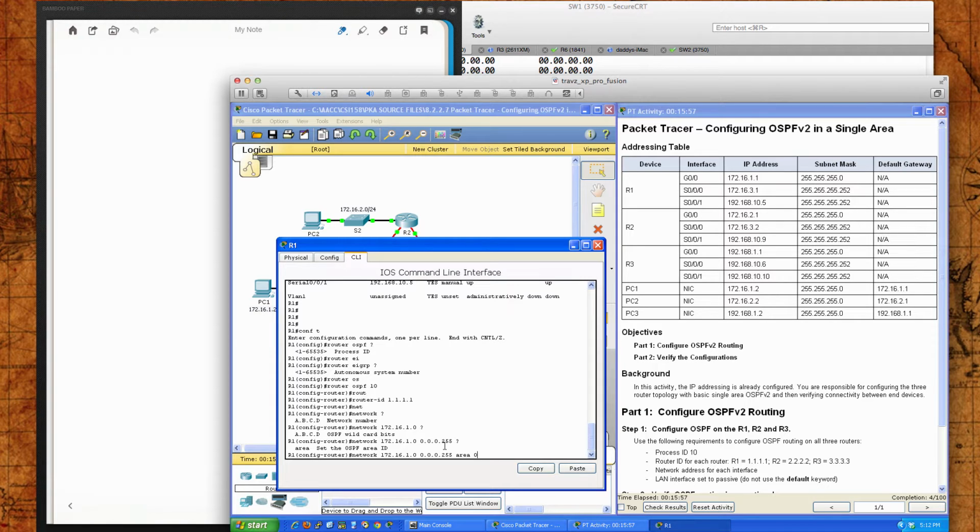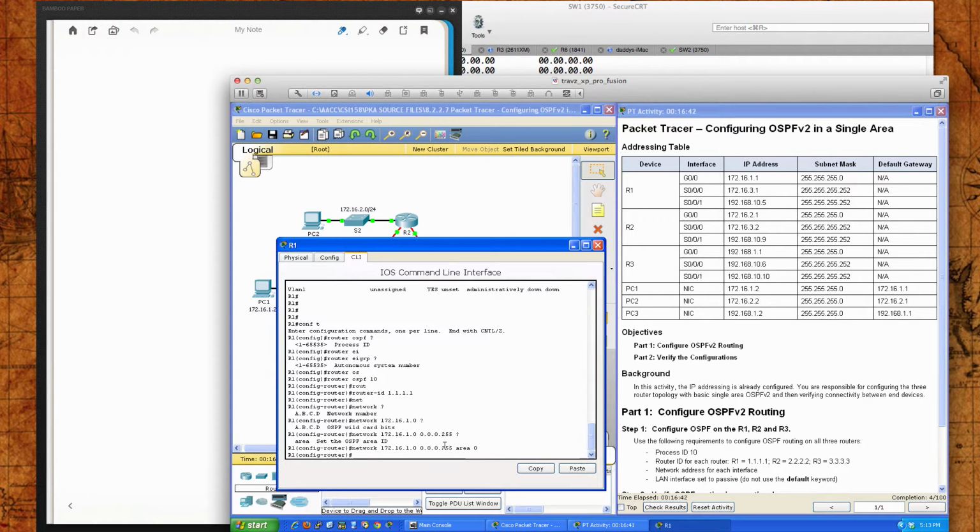And again, remembering that we need to have an area 0. And so interestingly enough, you can create an OSPF area that's not area 0. And so let's say we wanted to use area 51. We could certainly do that. However, we run into complications if for whatever reason we wanted to add additional areas to that area. And so it's always a best practice to definitely start your OSPF implementation out and your design and architecture with area 0 as your backbone area. All right, so there's the network statement for the